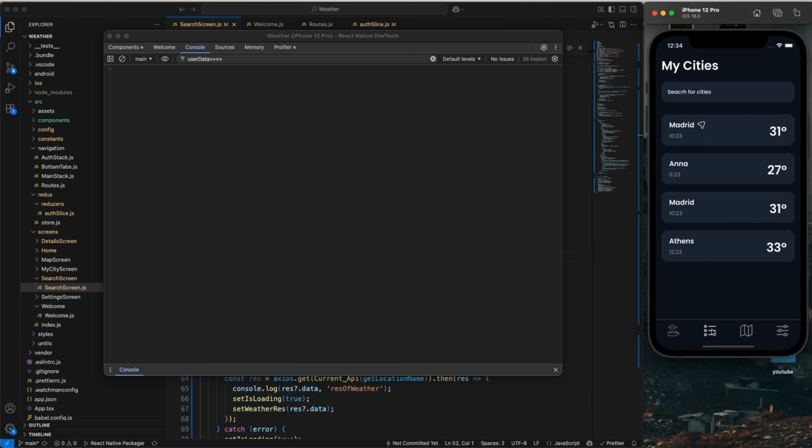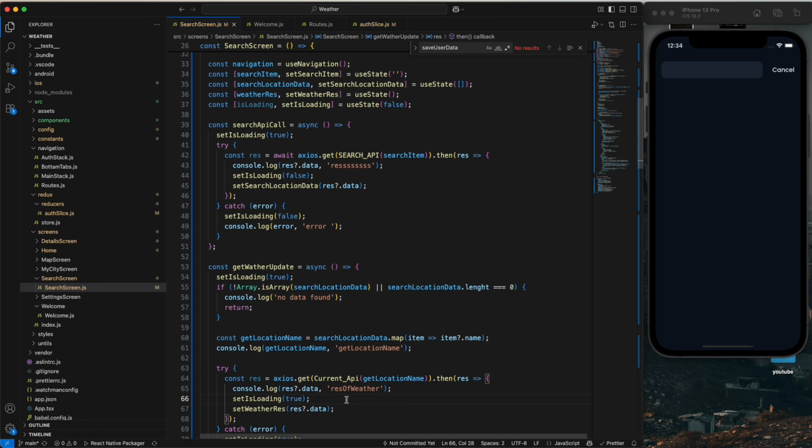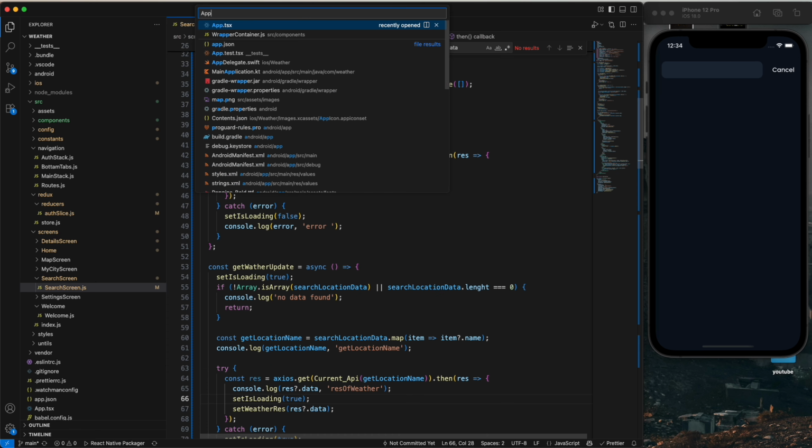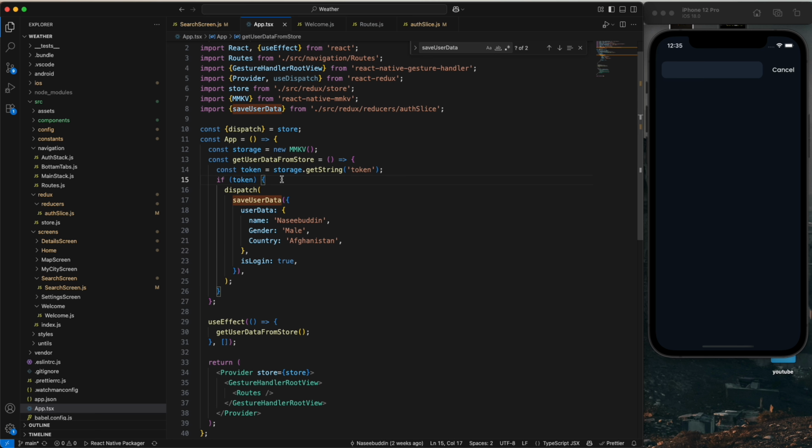and let's come to the, you can see this is my storage, and we do not have any user saved data, it's empty. So now I'm going to the app.js, app.ts. This is my file, so now I'm going to get the storage data also. So for that, just copy this,